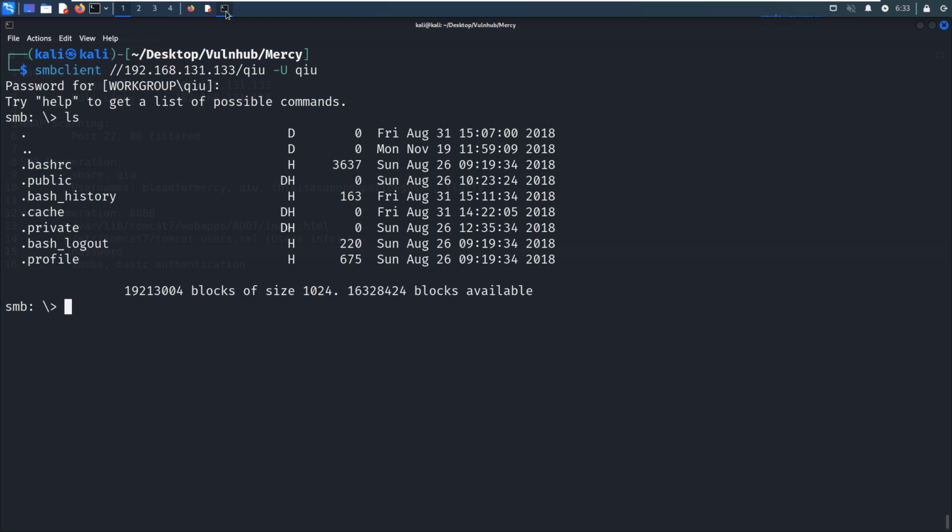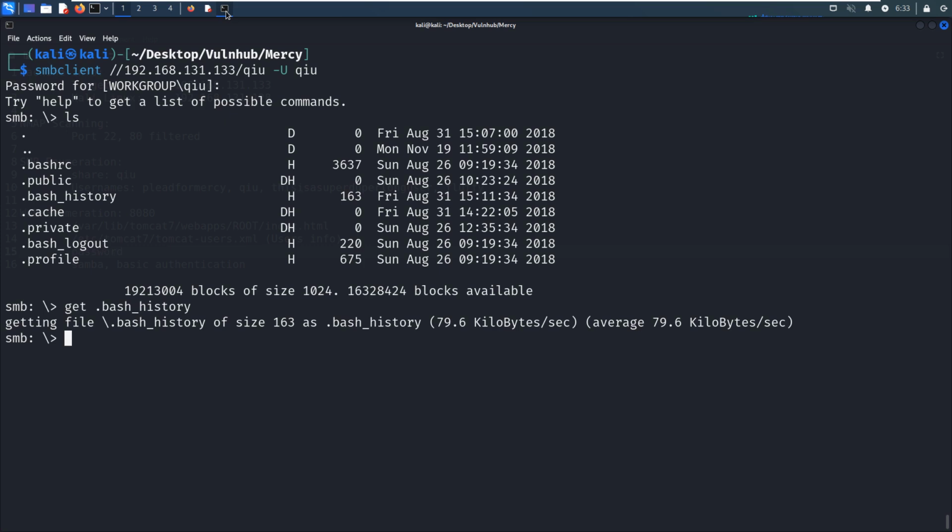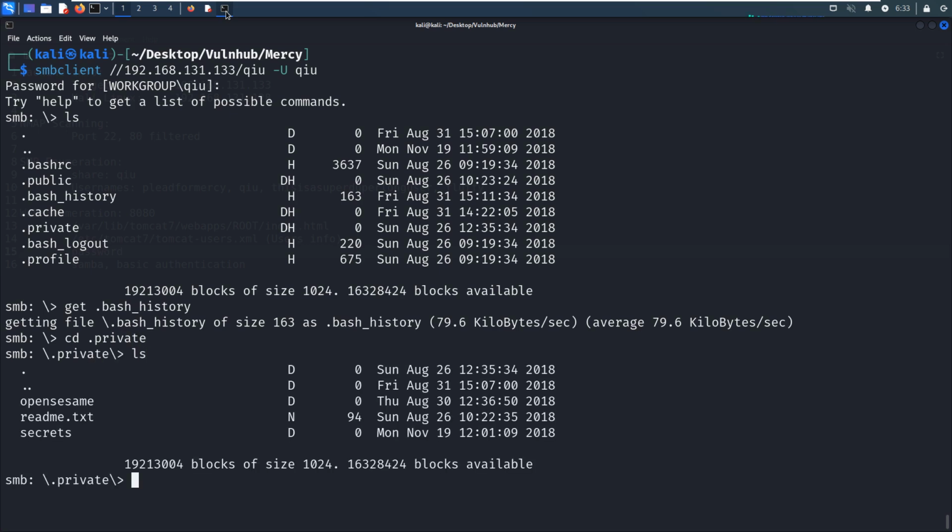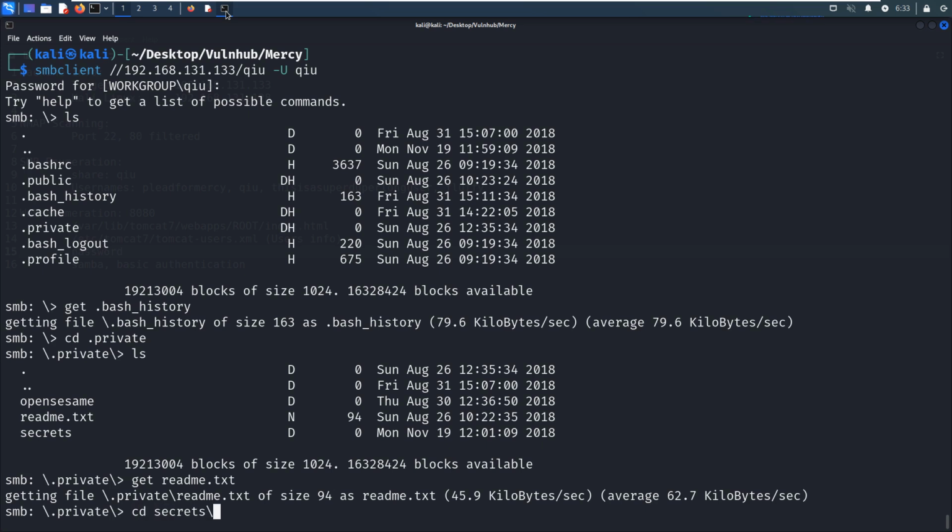And the next, I think we need to get down the bash history. And also there is one directory, private. And there's something we can get down, readme. Oh, sorry. Get readme. And also secrets.